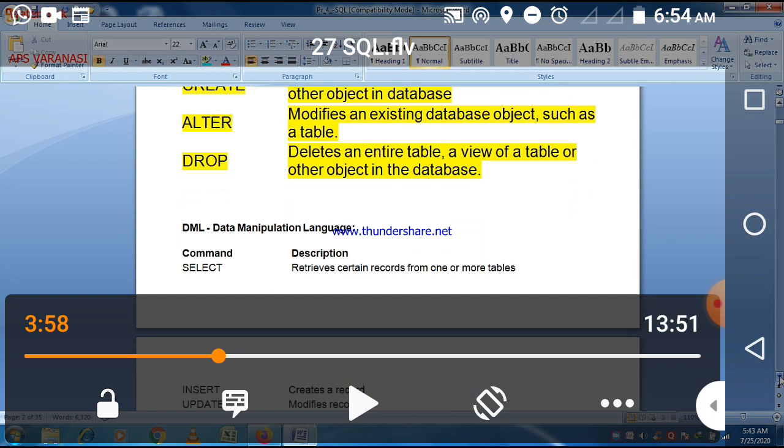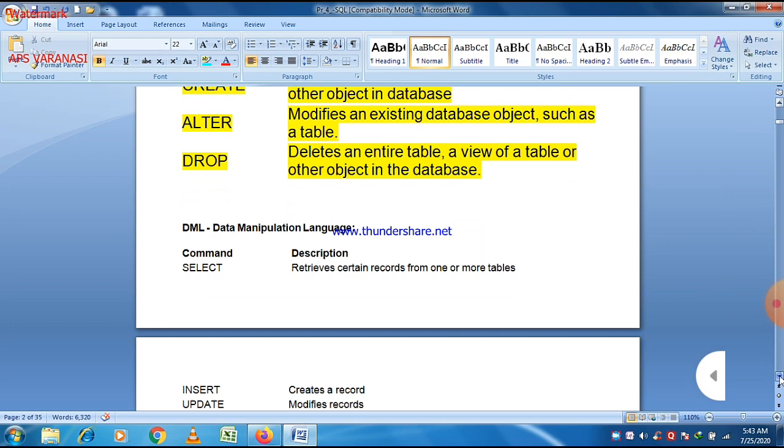And why are these part of the DDL statement? Because in DDL, all the commands related to the table or database structure are part of it, and you can perform only three operations regarding the table or database structure. These are create, alter, or drop. You can create a table, you can change the structure of a table, and you can delete a table or a database. So many times in examinations it is asked what the different types of DDL commands are. So there are only three DDL commands.